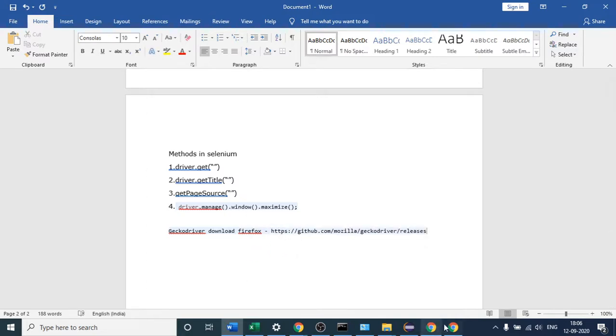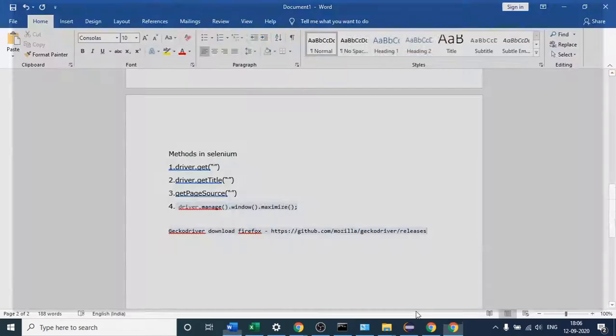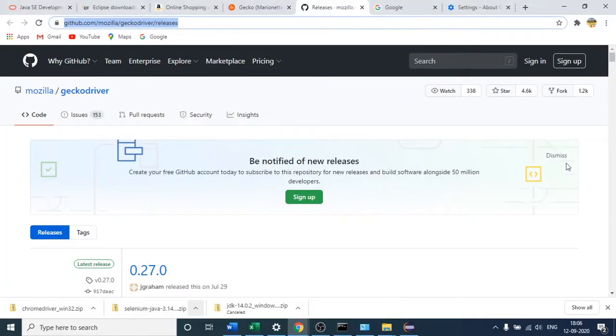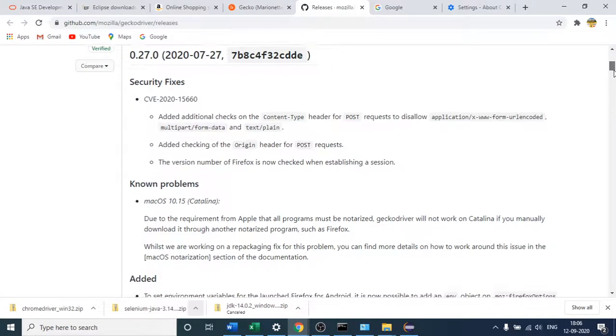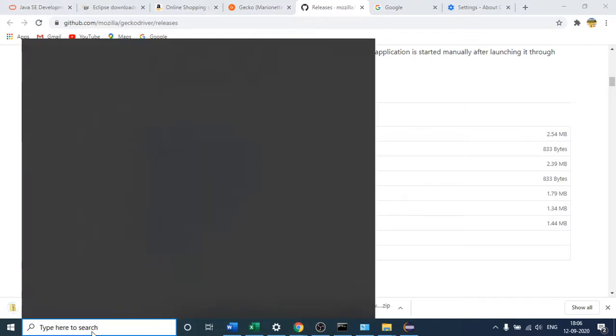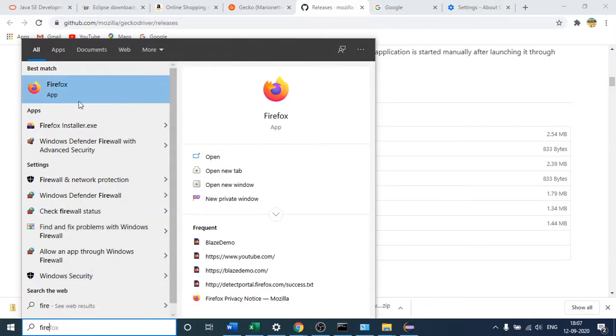Let us see what this website is saying. Here you can see that there are so many versions of that gecko driver. I will download this one because my system is 64-bit. So let us download this file, and you can see that it has started downloading. Also, one more thing, you should check whether the Firefox browser is present in your system or not. You can see that it is already present in my system. If not, then just download it first, otherwise it will not work.